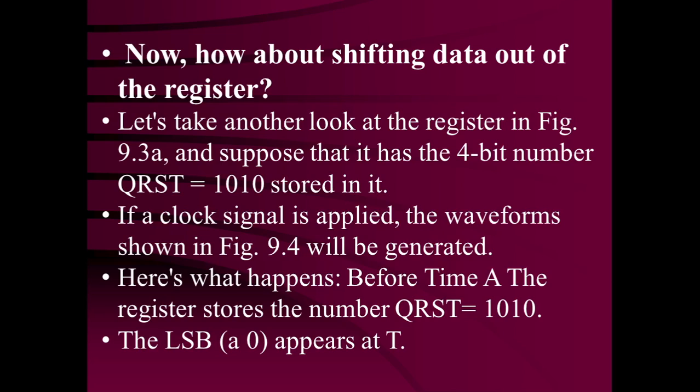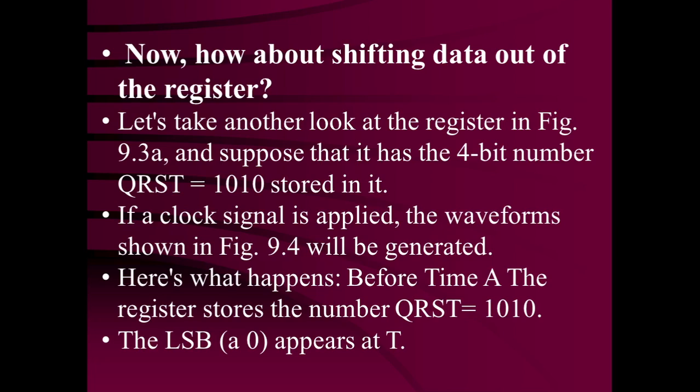The same 4-bit shift register is present, but now the data already stored in the shift register is 1010, loaded after the 4 clock cycles. The output of the shift register is the output of the last flip-flop. That means the T flip-flop output, the true side Q, appears at the output, and the 0 which is the output of this T flip-flop appears at the output.